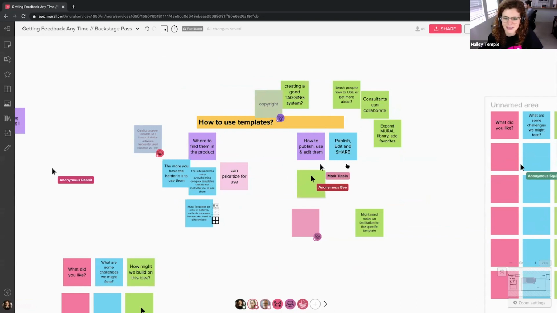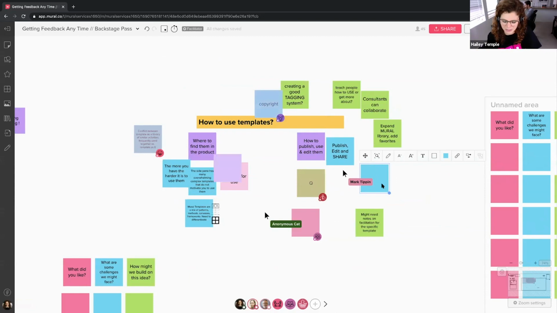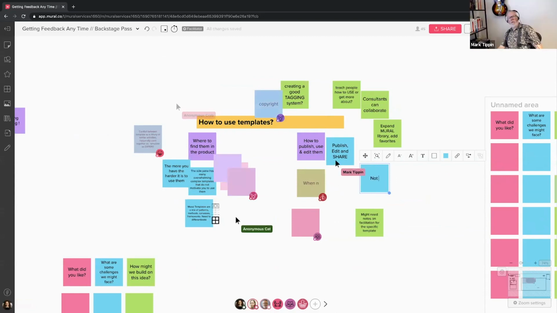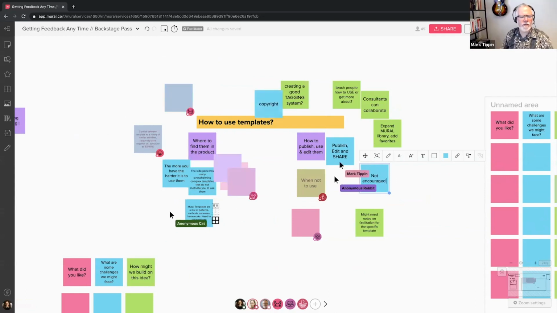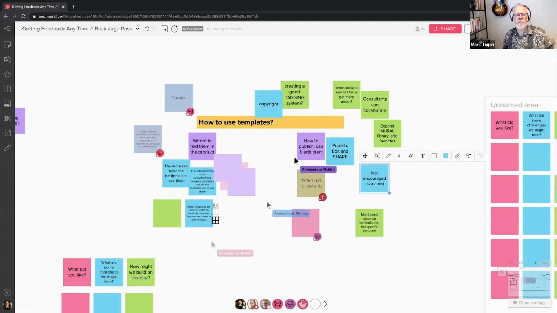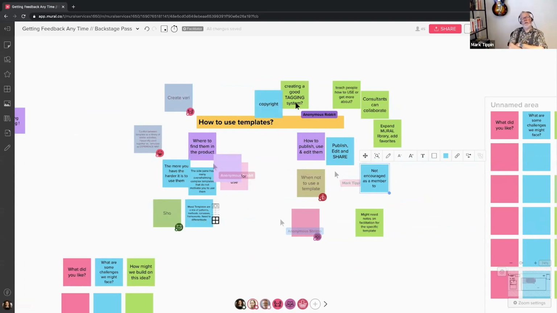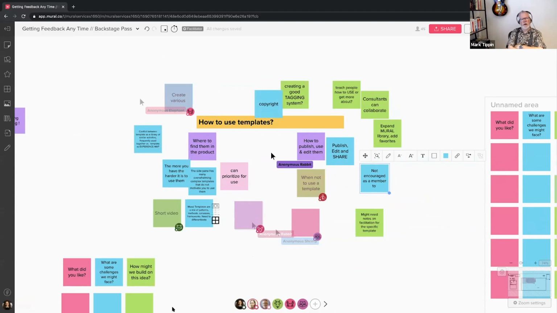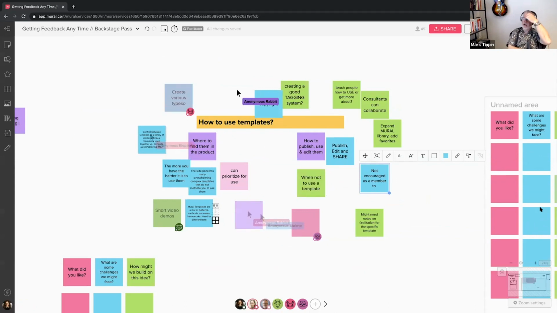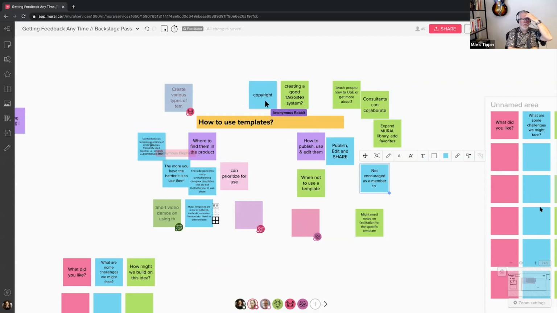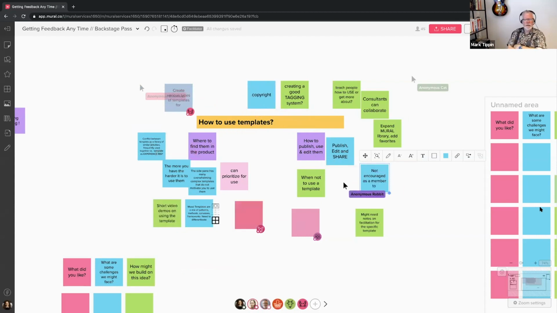That's an initial I wish, or maybe cool feed. That's I guess blue. That's right. Well, I'm going to right click and try and see who. So Anonymous Rabbit added one that is a thorn. It's some challenges we might run into, and it just says publish, edit, and share. But I was wondering if there's a way for Anonymous Rabbit to illuminate on that a little bit in the chat, perhaps.